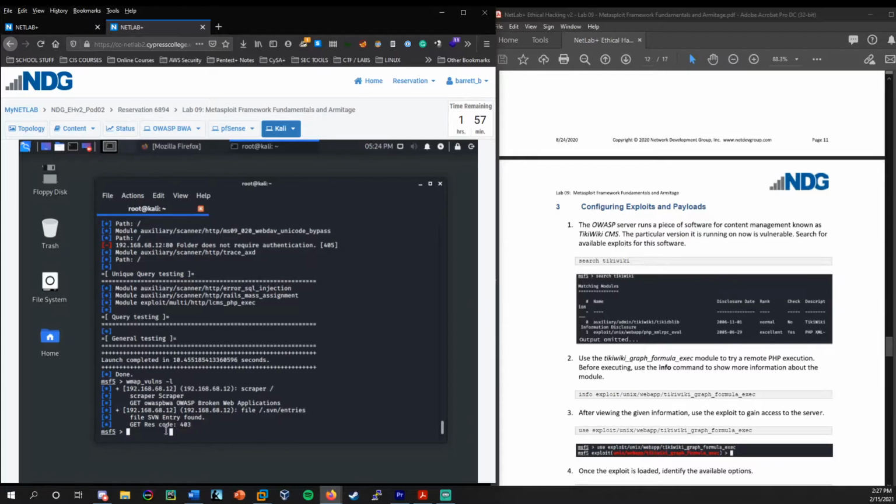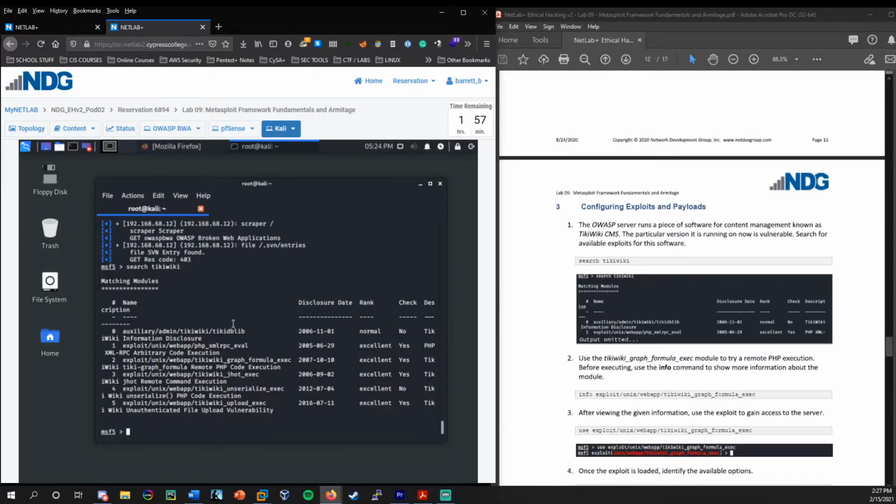So let's continue on. Let's see what else we can target here within Metasploit. So let's say we did some Nmap scans and we found a potentially outdated version of TikiWiki. So this is a content management system, also built around, essentially it's a web app as well, right? So we could, remember, like I did earlier, we search for Apache exploits, but now we're going to search for